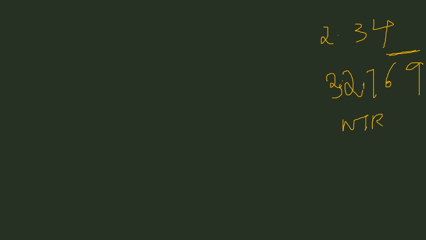this terminating, suppose I am taking 2.34, or 3 point whatever it is, 32 point also you can take 32.769 and I gave bar for 69. So here the periodicity is 2. Here if the bar is there we can say the same digits are continued, so it is non-terminating repeating, and this is your terminating.